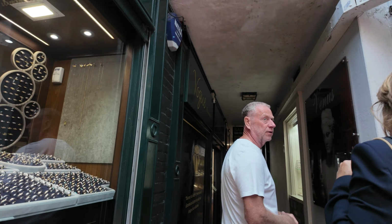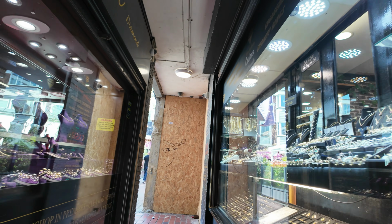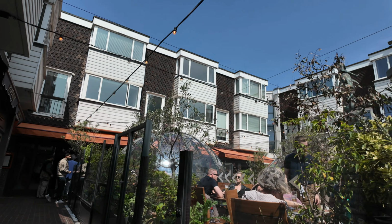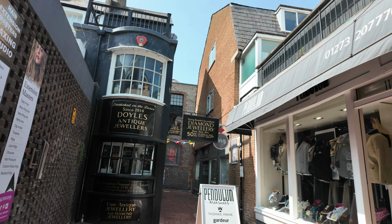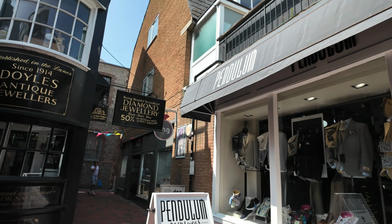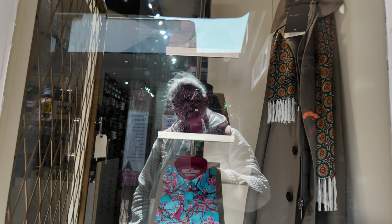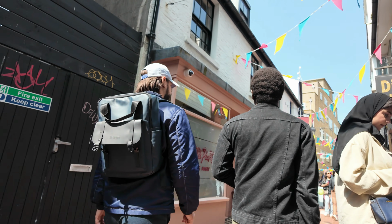And then we go down here. It takes you into the square where the fountain is again. As I said, a lot of it is antiques. So we've now done a full circle on this part. So a lot of it around the lanes is to do with old shops, antique shops, clothing, cafes and places to eat and drink. And now we go down